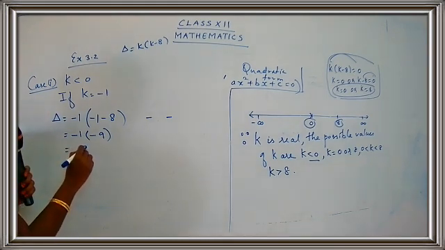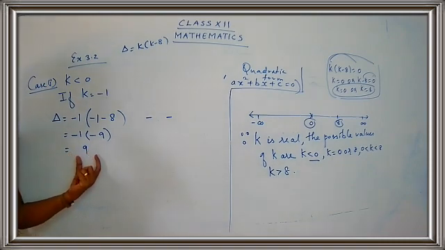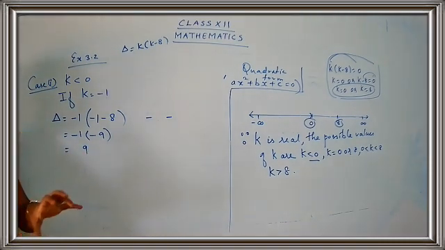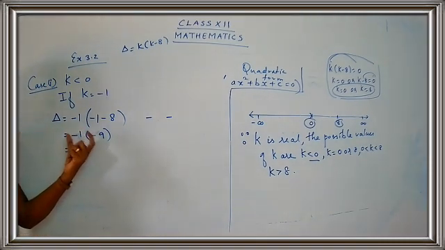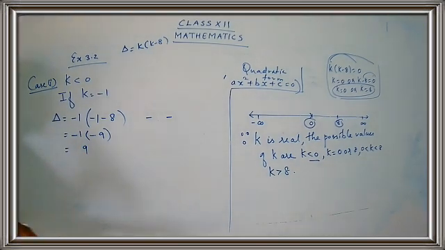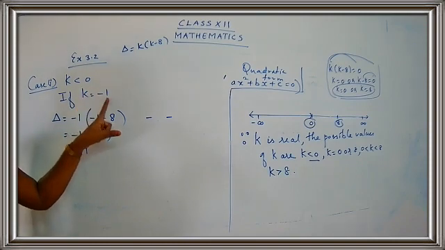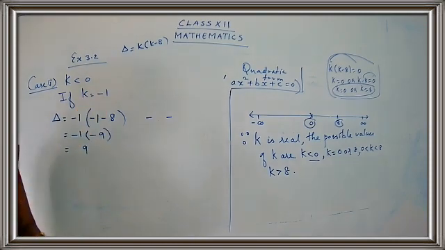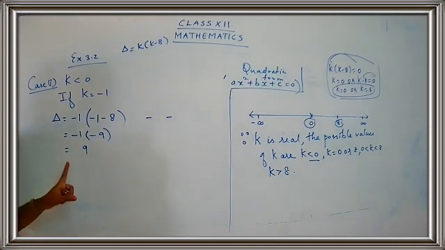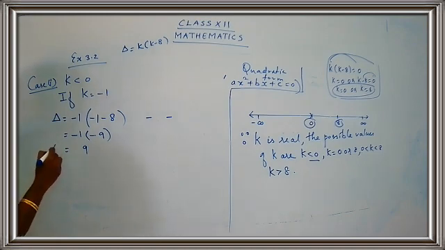Yes. Now actually, no need to go for the answer. We are just going to focus on the sign. So if you are able to write the answers directly, you can write the answers, or you can just go with the steps. It's your choice. The main thing is you have to find out the value for delta. So here we started with k is equal to minus 1. That is, we have chosen a negative value for k, but I got a value for delta which is 9. What is the meaning of this? That means the value for delta is positive.